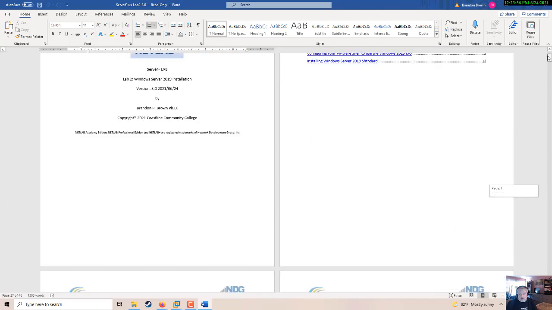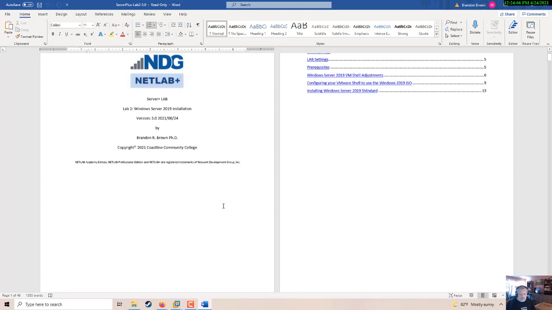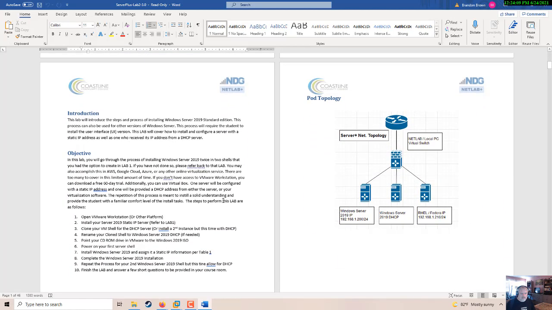These labs have evolved over time. They've gone from 2012 to 2016, now to Server 2019. So there's some information that's in here. I try to keep updating them, every time. So take a look here at the topology. We need to ensure that our topology is going to match